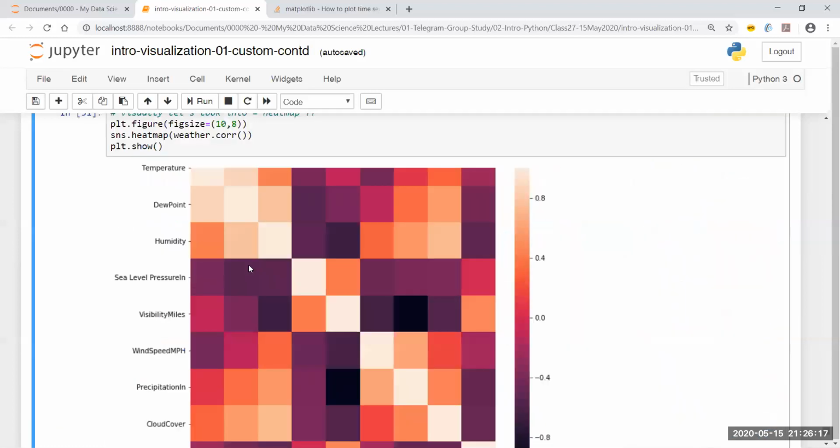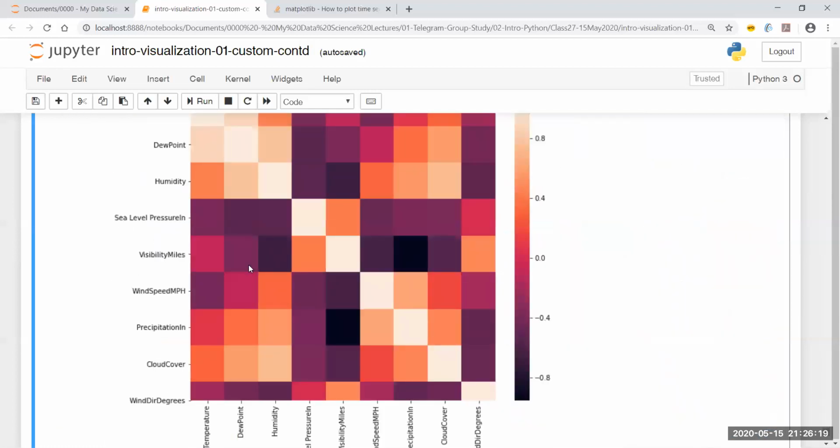But correlation is really more useful, and we are going to look into this in great depth: how this is calculated, what is the meaning of this, where we are going to use this, especially when we do machine learning with a data set with too many variables. How can we use this and so on? But I think we don't have time now, so maybe we can close it here.